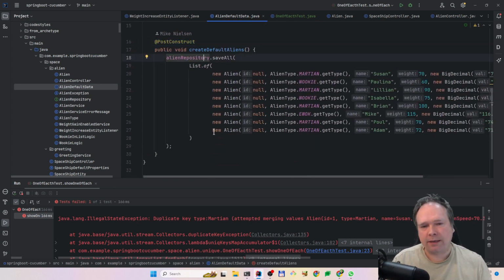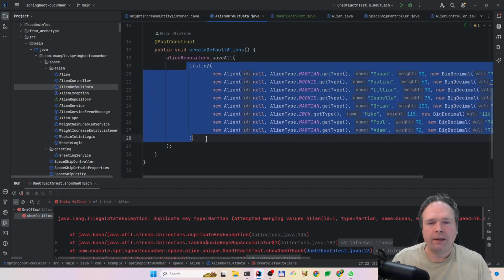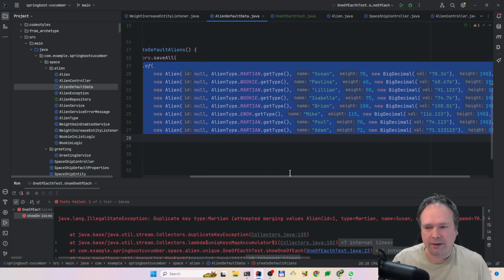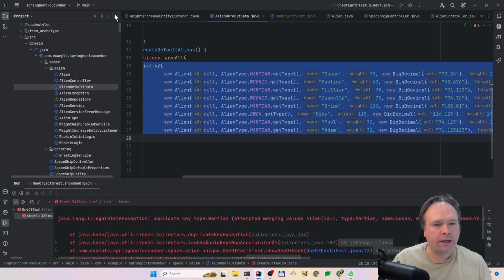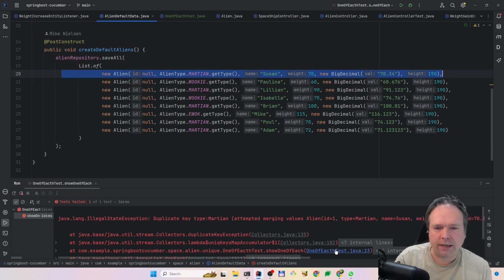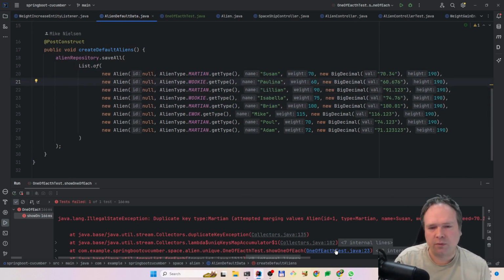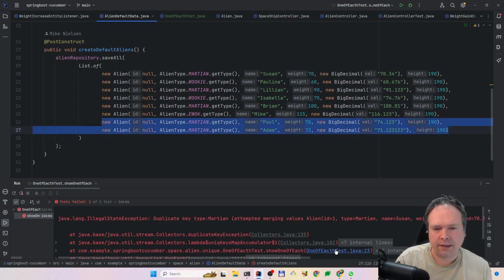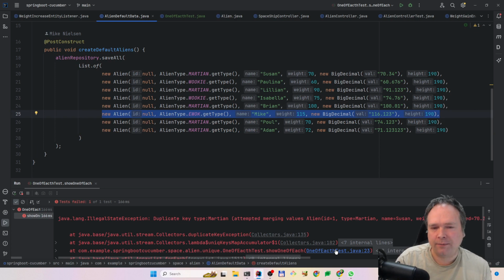This means that every time my application starts up, my alien repository will be filled, and my H2 database will be filled with these aliens that I have right here. And I have a lot of aliens, as you can see. We have multiple Martians. We have one named Susan, another named Brian. We also have multiple Wookiees, Paulina, Isabella, and we also have some Martians down here, Paul and Adam, and we have an Ewok right there, which we only